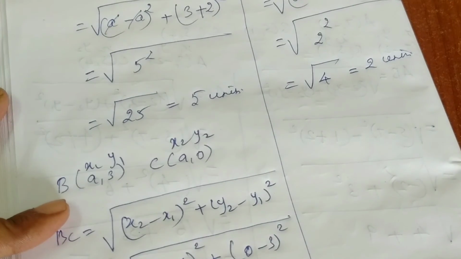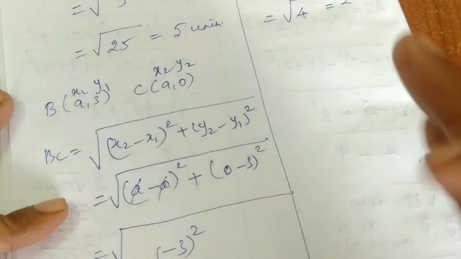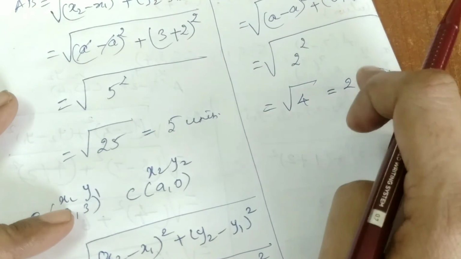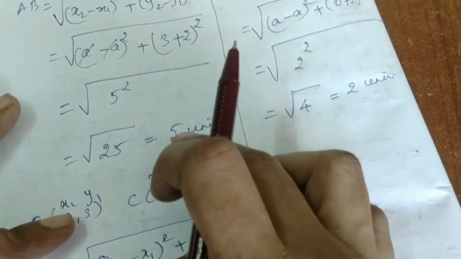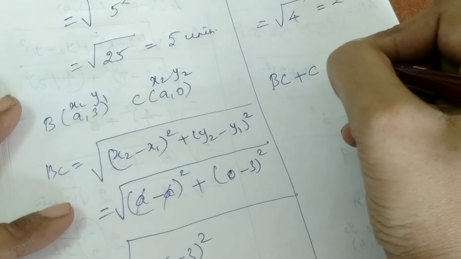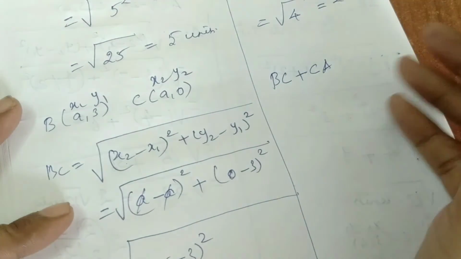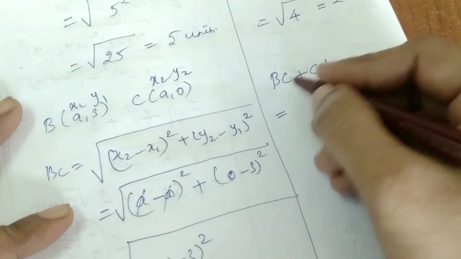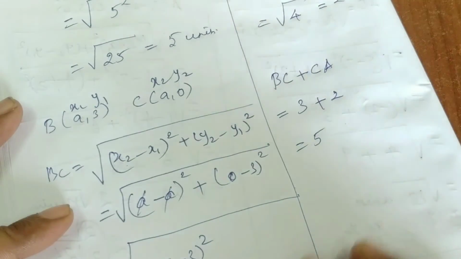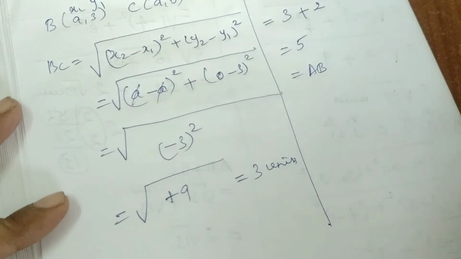Okay. Now we are going to add any two distances. We will get the third distance. So now I am going to add the BC distance and the CA distance, then only we get the distance of A and B. CA is nothing but AC, so we can write anything. Our BC distance is 3 units. Our CA distance is 2 units. So we will get 5. So our 5 units distance is the distance between A and B. Am I correct or not? So this is our distance between A and B.